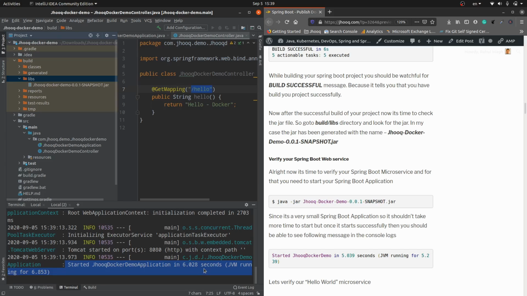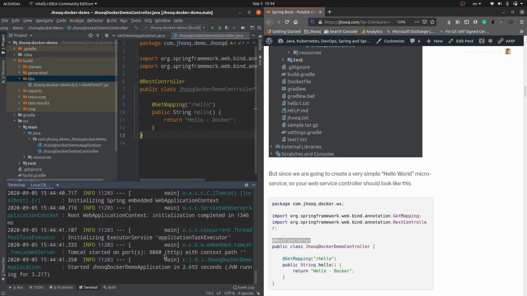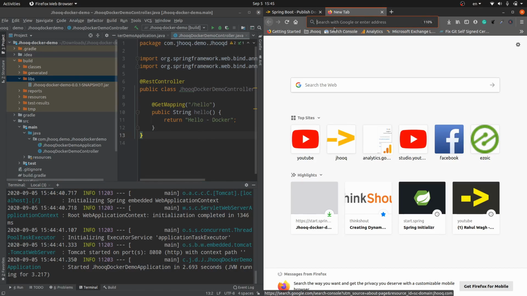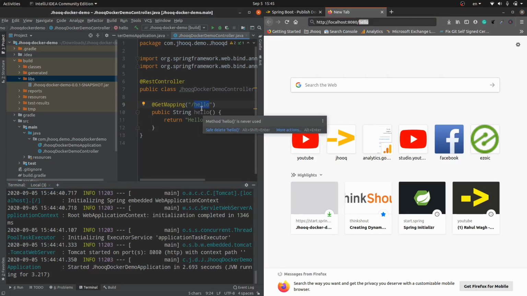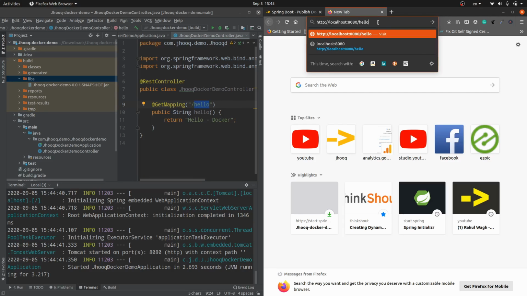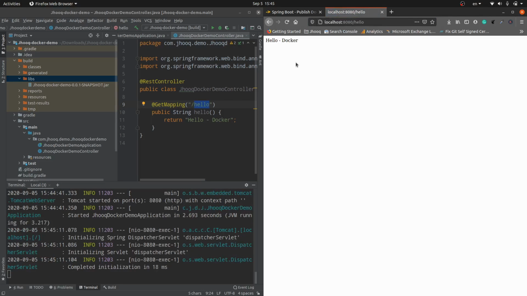The next task which we need to do is access this microservice. To test this microservice, head over to the browser, and in the browser you need to enter the URL localhost:8080 followed by hello, because that is the REST endpoint which we have defined over here. And once you hit enter, you can see the message hello Docker. So this is what it is returning,